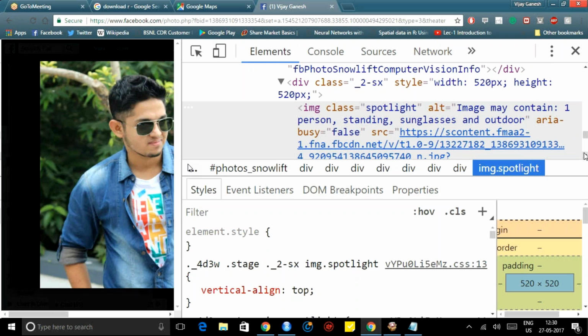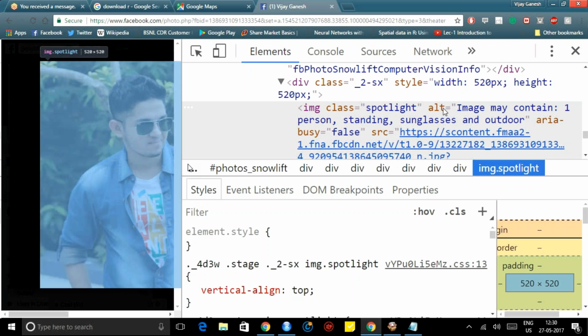In the backend, this is happening. Guys, whoever is online, are you able to see? Yes, sir. This is the alternative text, which people who know HTML will understand.